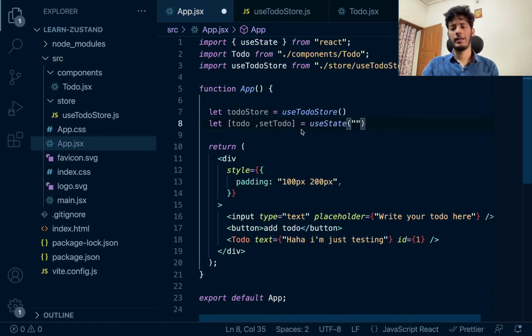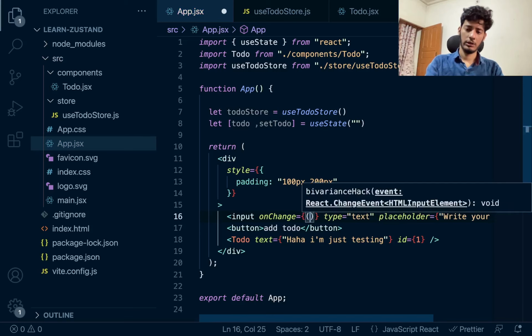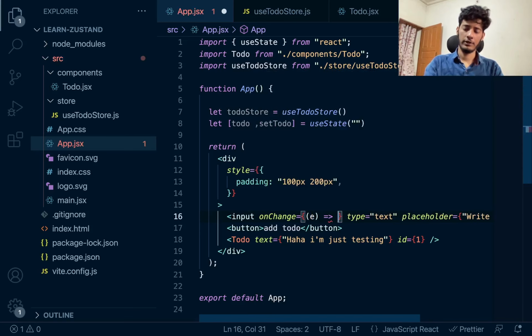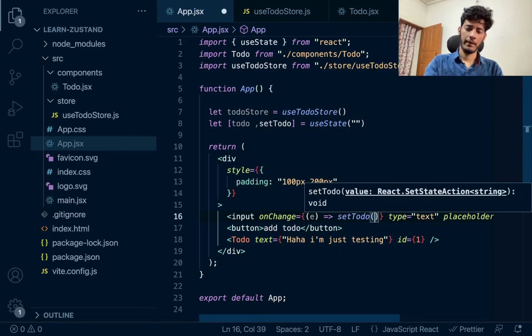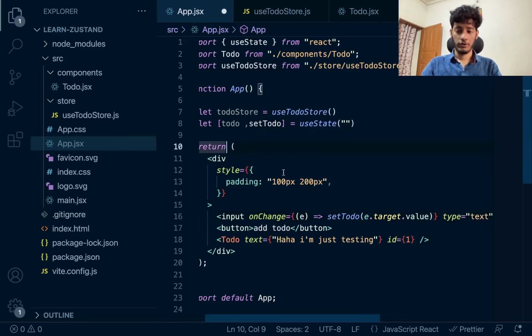By default it will be empty, and whenever something is written on this, on change, we get an event which is setTodo with e.target.value. Once that is done, we'll have the todo, which is now the todo we want to add.